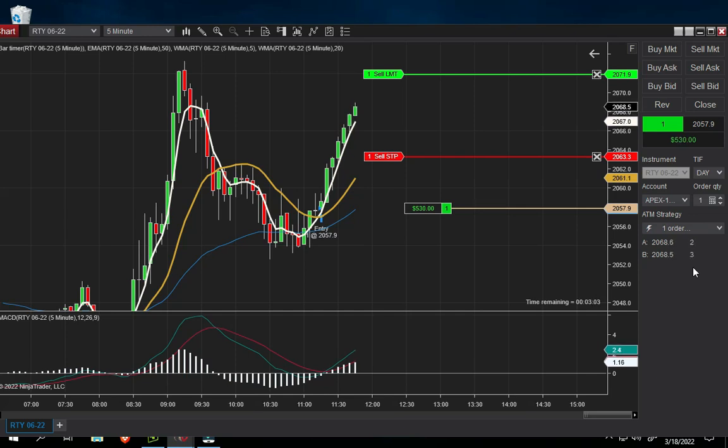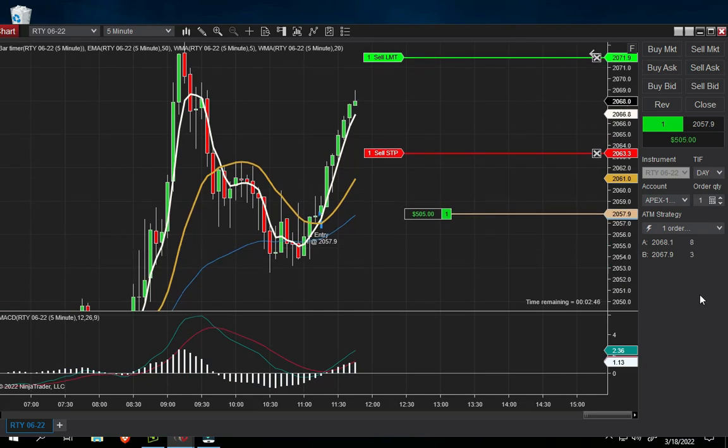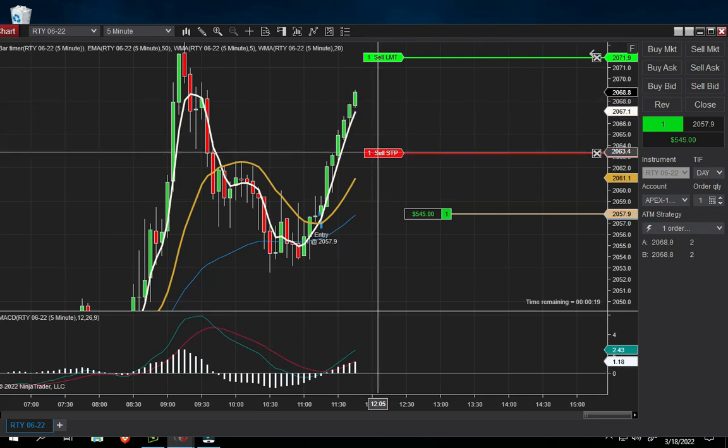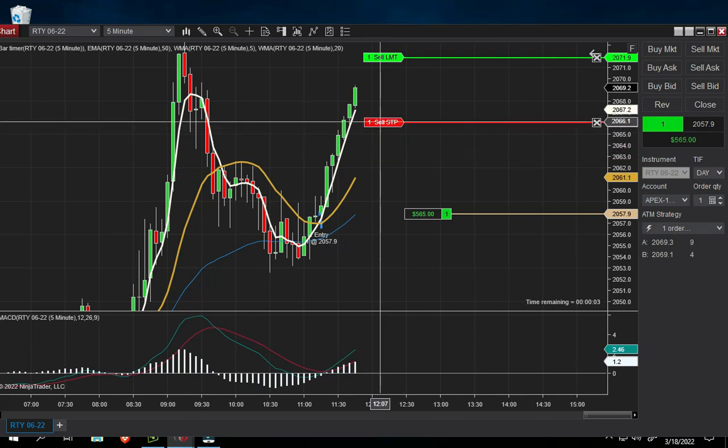So this is where I moved up the stop. And I think I even moved it up a little bit more, which is probably where I messed up. I probably should have given it a little bit more room to breathe, because then I'd have been able to get 15 points or more with the take profit. But like I said,